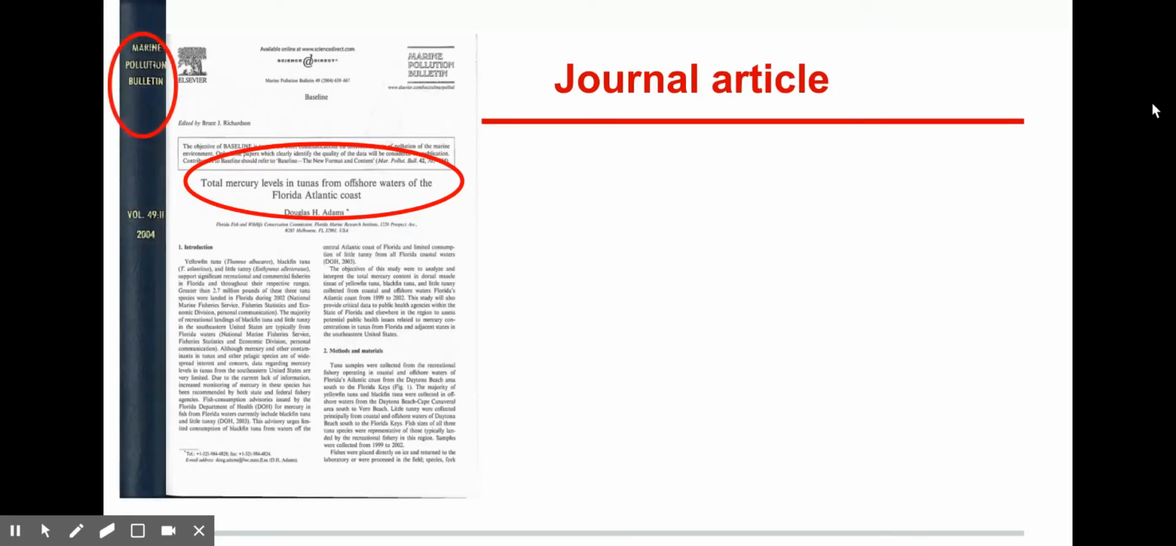If you look on the spine here, or if you look at the front matter of the journal, you'll see the title of the journal, and you'll also see the volume, the issue, and the year. All of that is required. Now, I don't know if you can see the fine print at the top, but in this final circle,